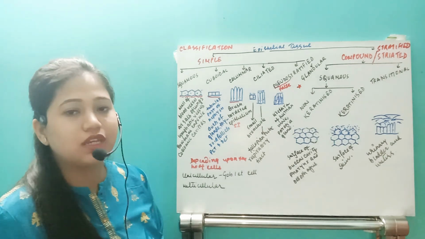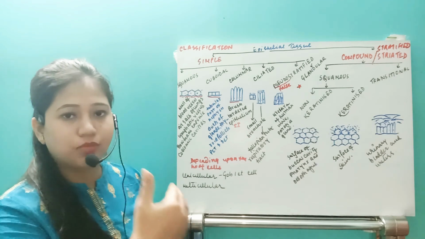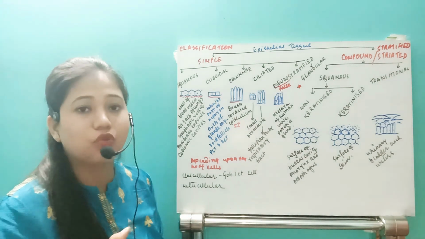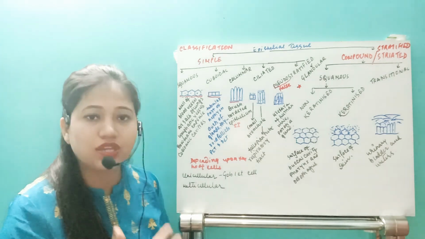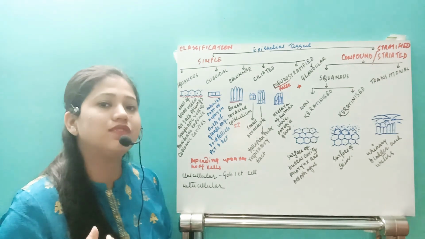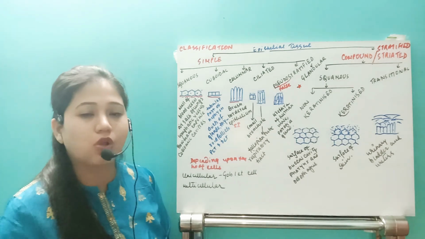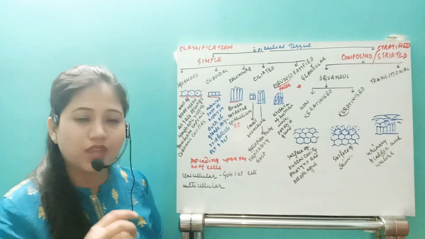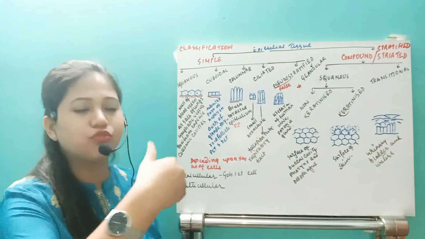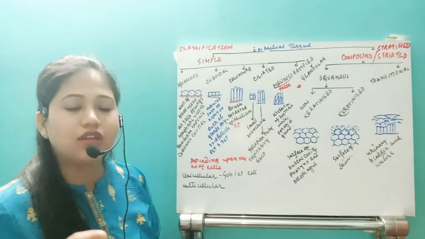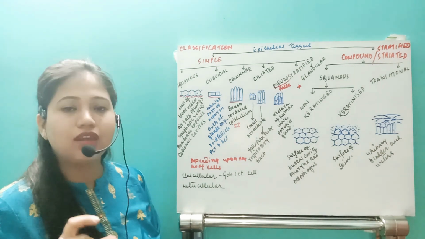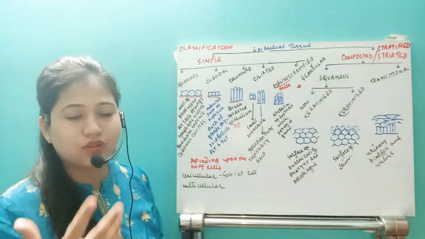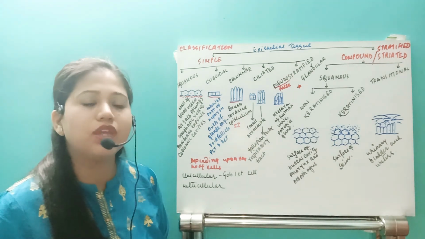If it is squamous, I told about the types, keratinized and non-keratinized. If it is going to have more than one layer, suppose it is the compound epithelium, and the cells are hexagonal, that means it is the squamous type of compound epithelium. Suppose you have 50 layers on the compound epithelium. The beneath layer, that will be a single layer, is known as the dermis, and above that we have suppose 30, 40, 50 layers, that will be the epidermis.